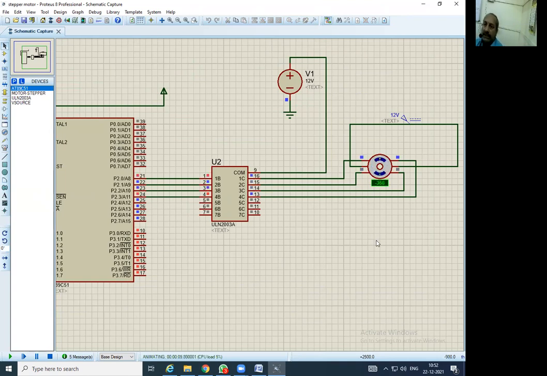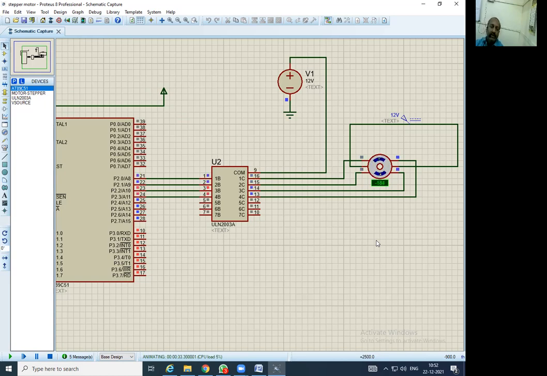In 4 steps it shows the rotation: 90, 180, 270 and 360 or 0, like that. It keeps rotating anti-clockwise. If you change the polarity, it will rotate in the opposite direction. So it is a unipolar motor, and it requires 5 terminals for the connection.